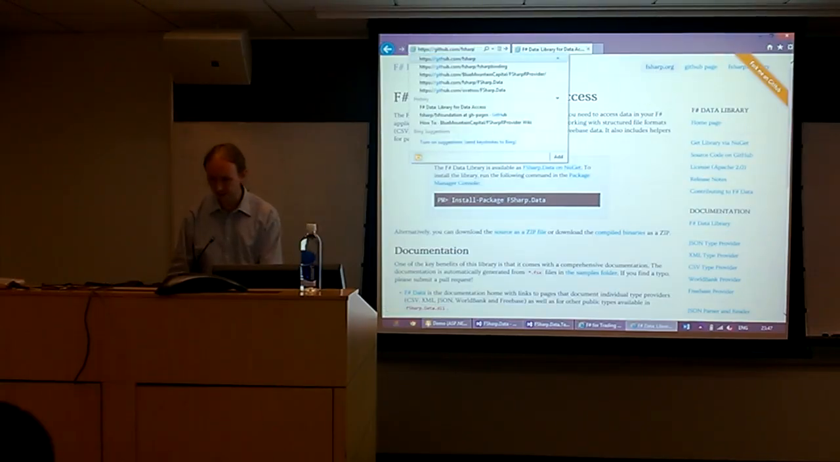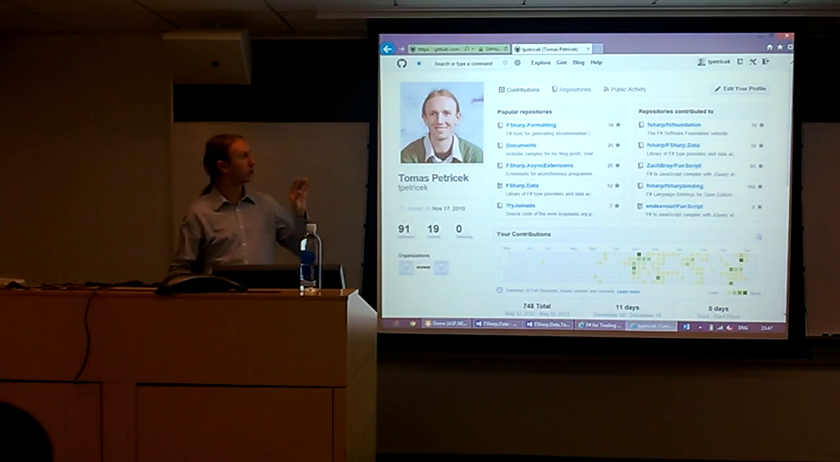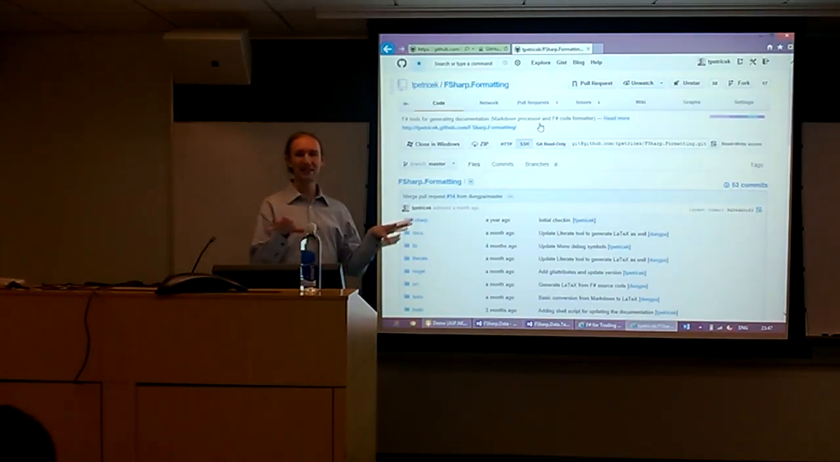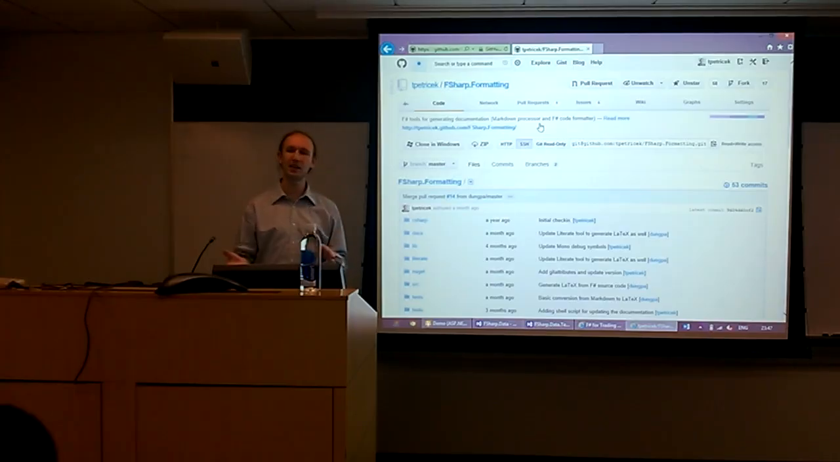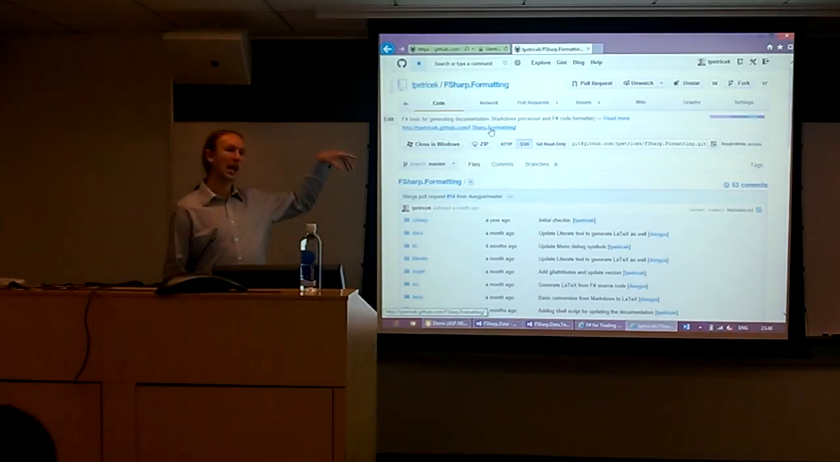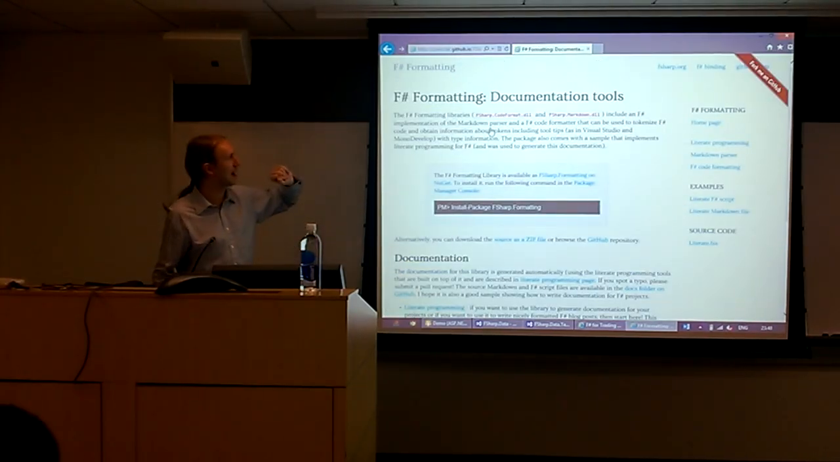If you want to do some open source project in F#, have a nice documentation for it, or even document your internal APIs or libraries, the library that was used to build the website is called F# Formatting,